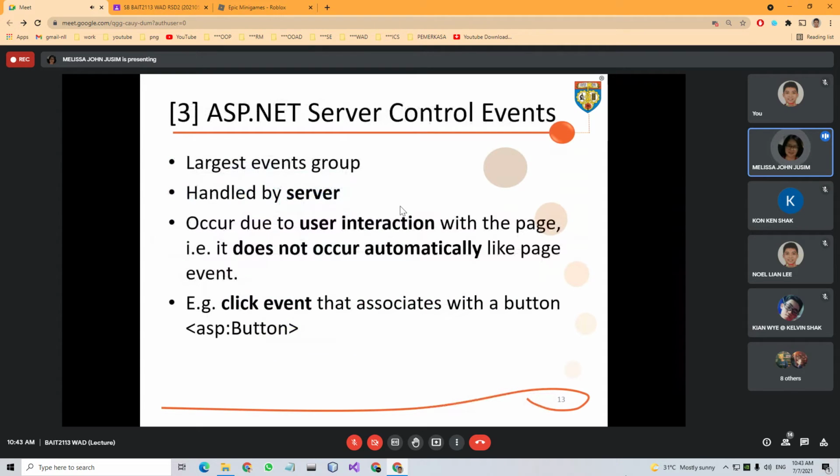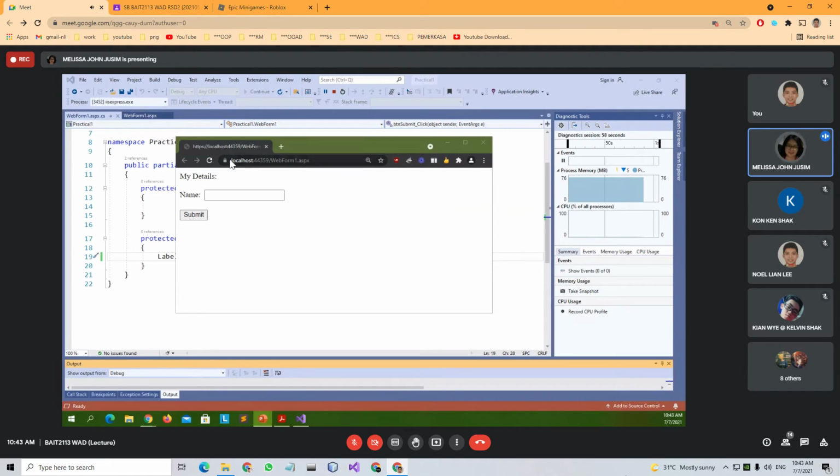For a server control, it does not occur automatically. It requires user interaction such as the click event. Here the page is already loaded, so the ASP.NET page event is already done.